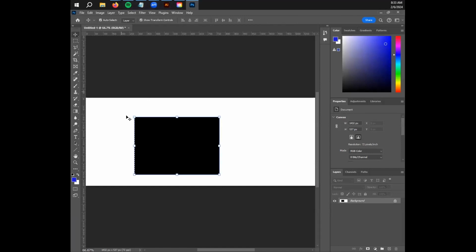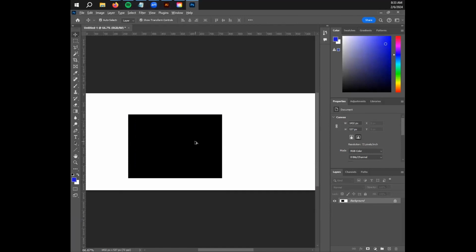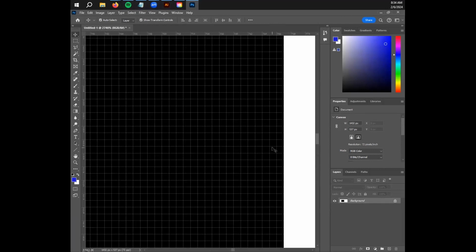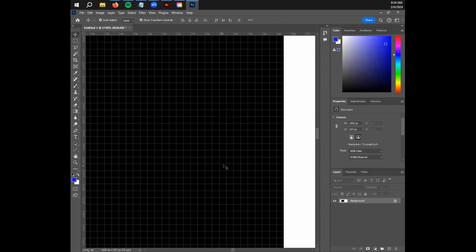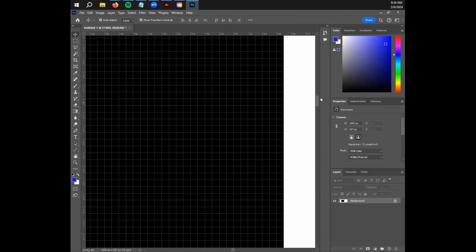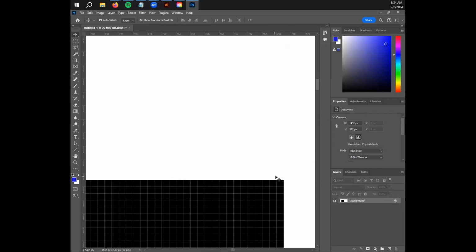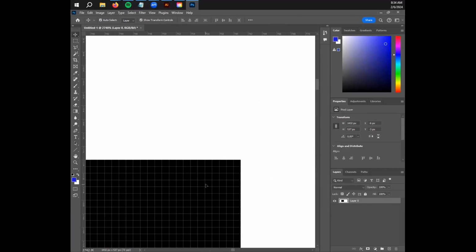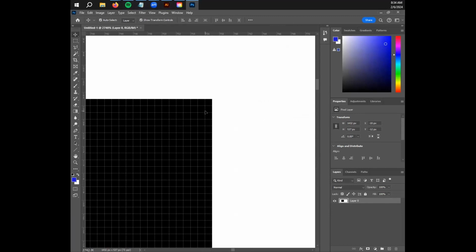Okay, so we have this black filled in square here. In Photoshop, if I zoom all the way in, you can see the pixels that are being set to black on this specific document. There's a ton of them because there's a whole bunch of them that make up your screen. If I were to try and resize this, just convert this to a normal layer. If I were to try and resize this,